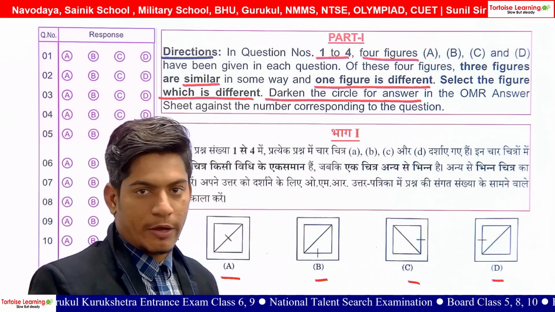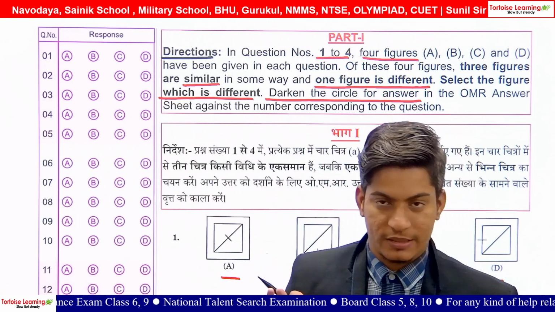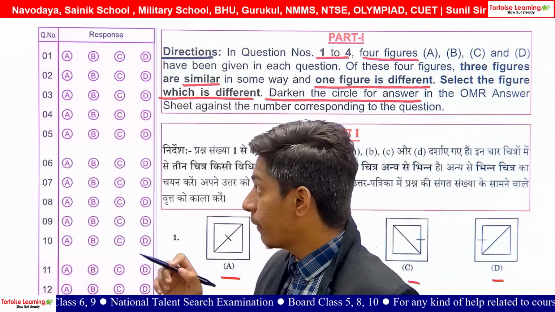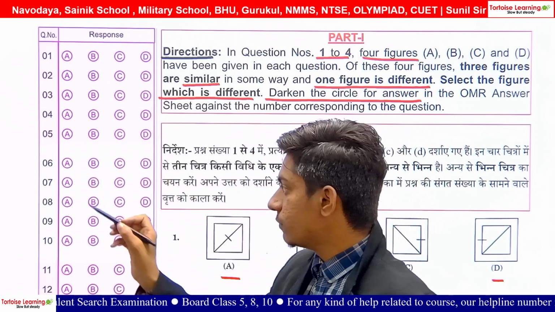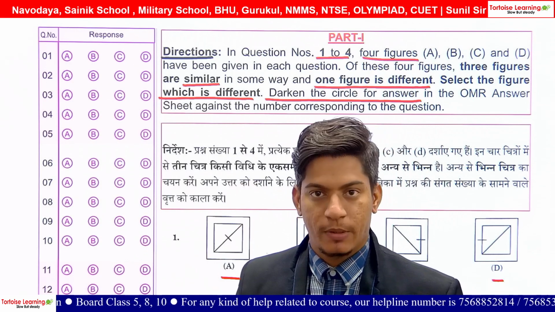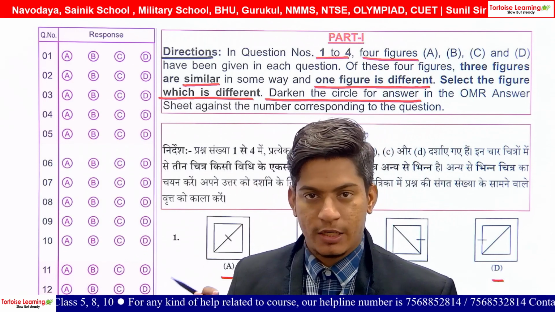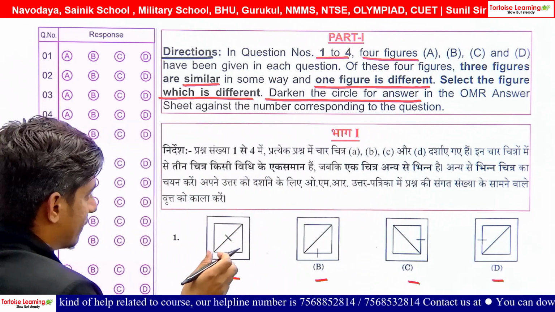If you have only ticked the answer in the paper, that is not sufficient. You also have to fill the circle in that particular option with a black or blue pen. The option may be A, B, C or D. Whichever one is correct, you have to fill according to that question. So if you look at this,